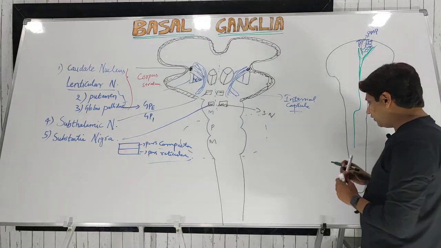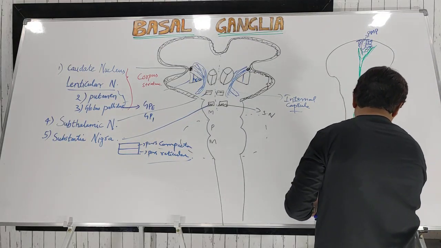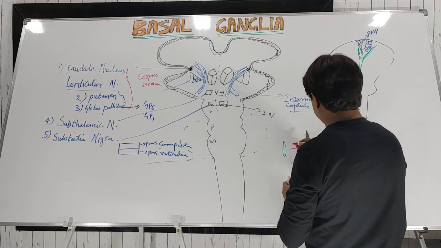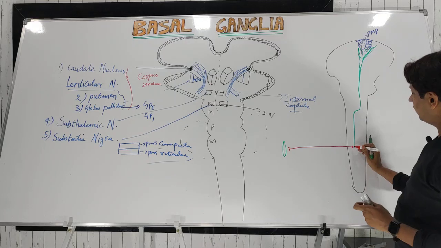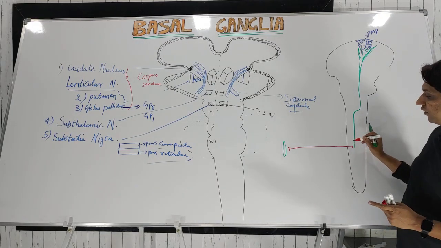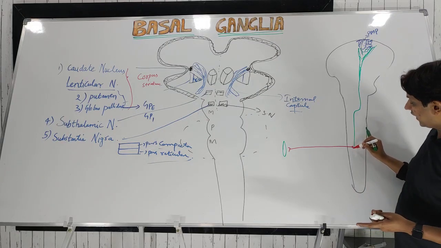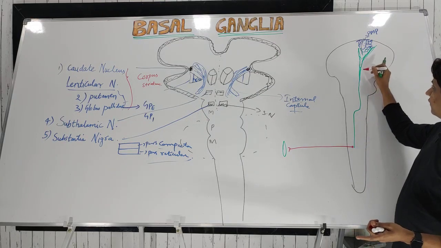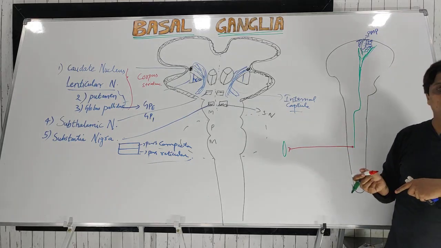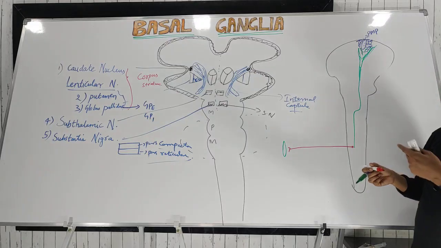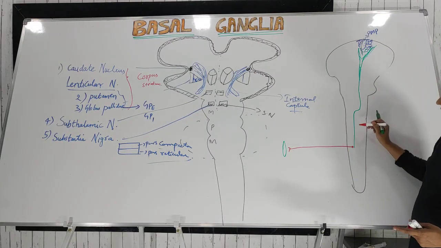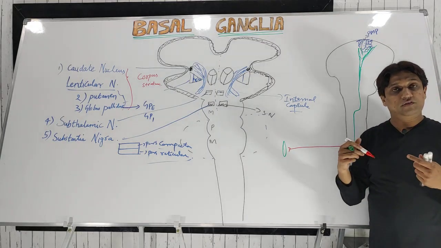So this one is the lower motor neuron that will ultimately supply the muscle. These lower motor neurons are the neurons present in the anterior horn cells of the spinal cord, and also in the cranial nerve nuclei of the brainstem. We have discussed what is upper motor neuron, what is lower motor neuron in my previous video. Those who want clarification, you can go back and see it on our channel Doctor's Corner, regarding what is upper motor neuron, what is lower motor neuron, and what are the lesions of those.